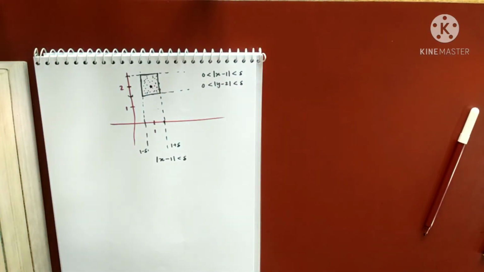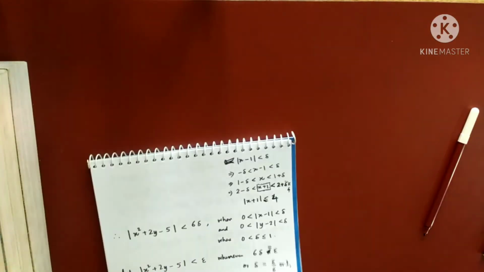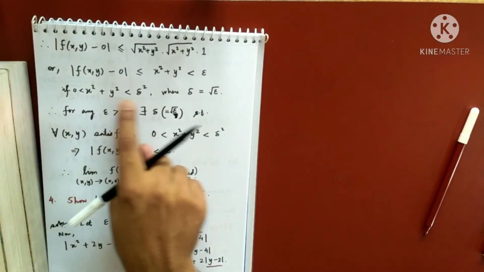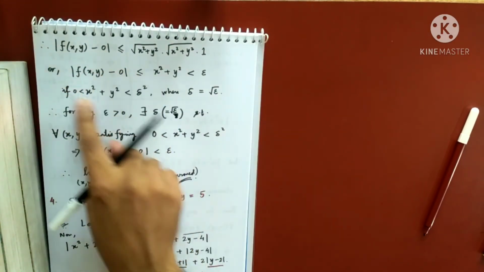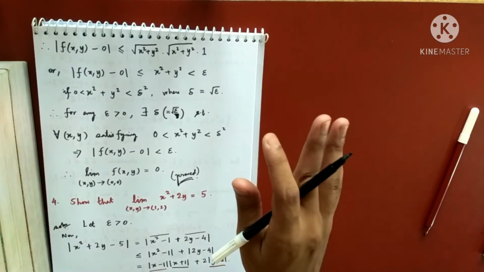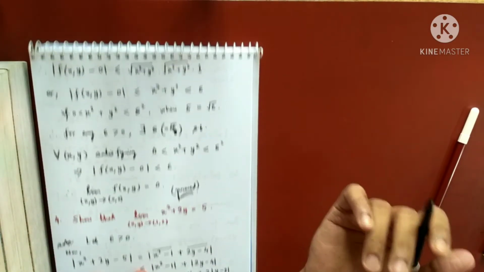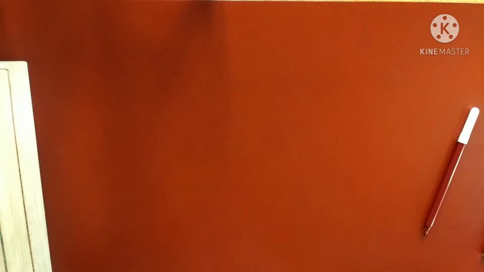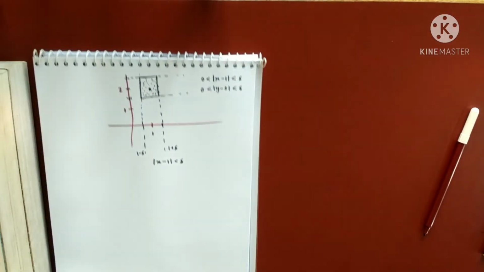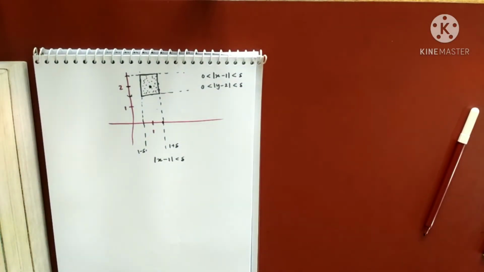So you have to always find some deleted neighborhood. The deleted neighborhood can be circular. As we were doing in the previous question, we were always considering a circular neighborhood, a circle around 0, 0. But if you check the definition of limit, it can be either a circular neighborhood, or a rectangular neighborhood, or some other neighborhood as well, and deleted definitely. So am I clear up to here?